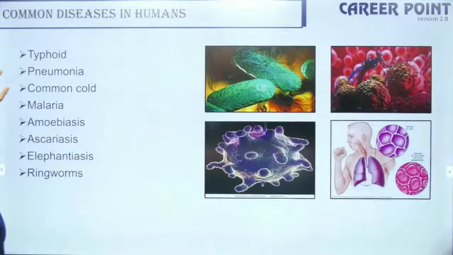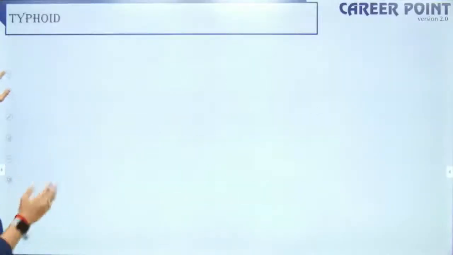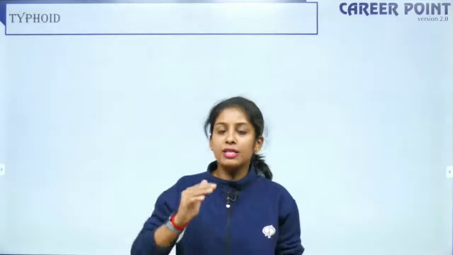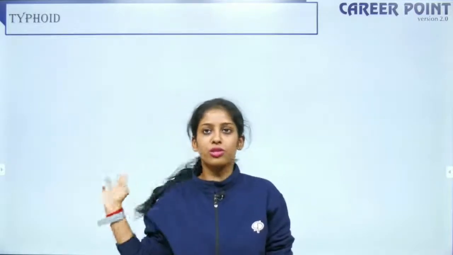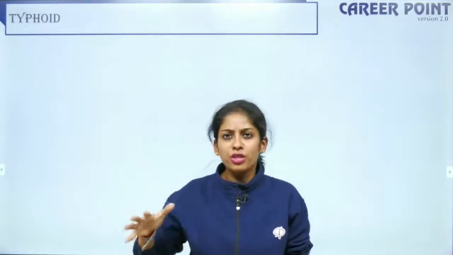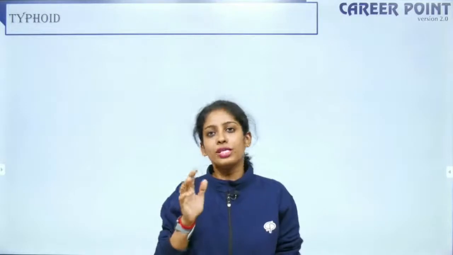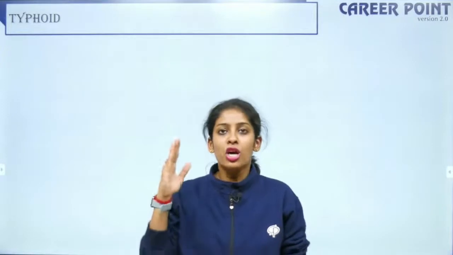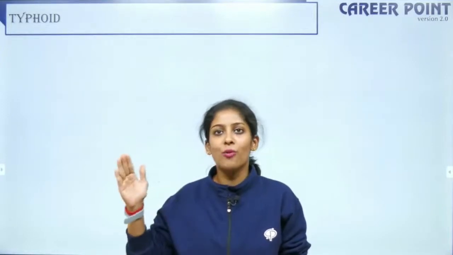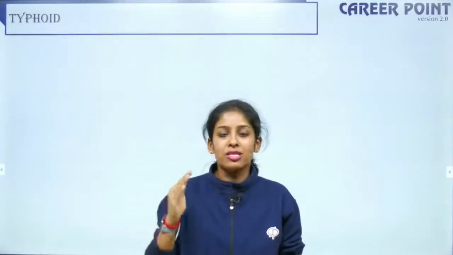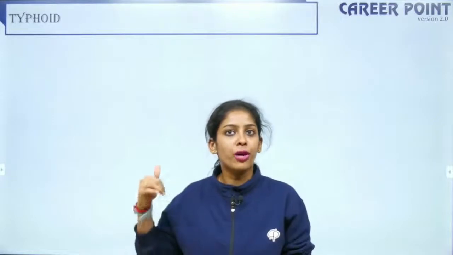So I move forward. We'll talk about the first infection, the bacterial infection typhoid. When we talk about the important questions, as far as I have seen in the question papers I gave my students offline and in the model and sample papers, this one question is always repeated. If I have seen 5 papers, 3 out of 5 had this question: what is the causative agent of typhoid and what are the symptoms of typhoid? This means typhoid is an important concept, and there's a high probability that questions from typhoid can come.